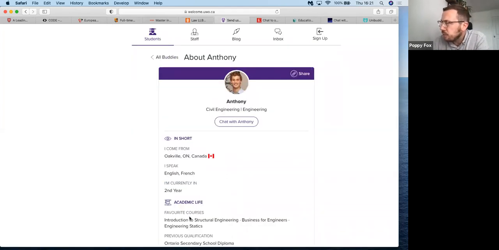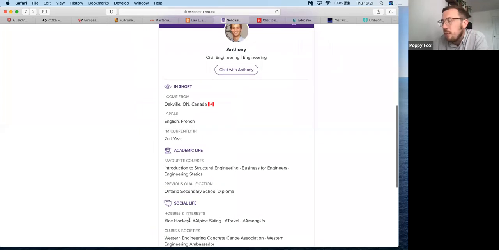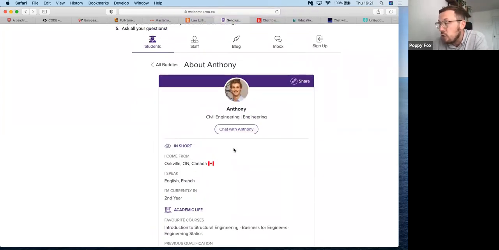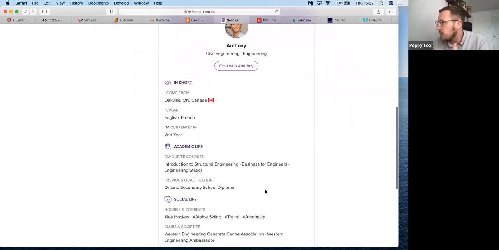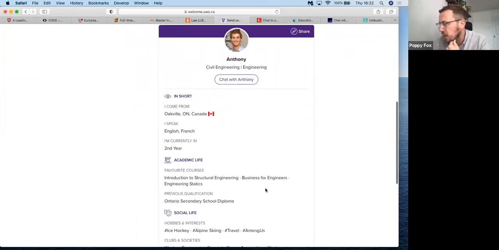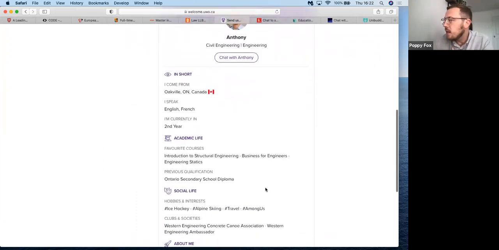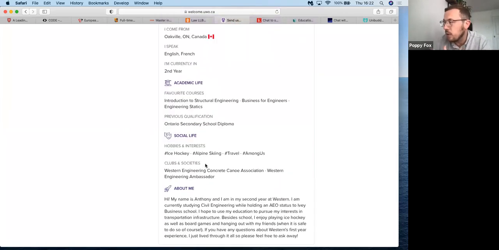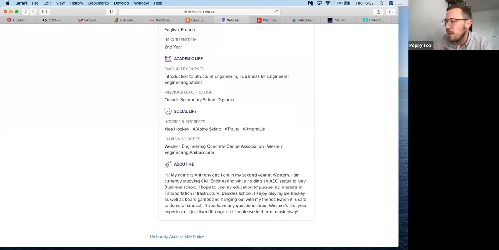As you can see here, this is a bit like a social media profile. Obviously, your ambassadors have a degree of anonymity. They have a photo and first name only, but they can choose not to upload a photo or use a different first name if they're concerned about privacy. But typically it would be a real photo and their real first name. And you can see here some more information about where they're from in their home country, what languages they speak, the courses they're studying, the societies they're a part of, and a bit of biographical information about how they're enjoying the experience at Western and maybe why they chose to study there.